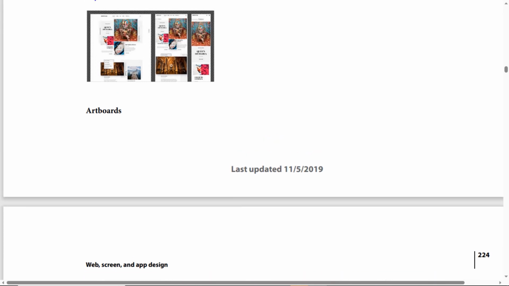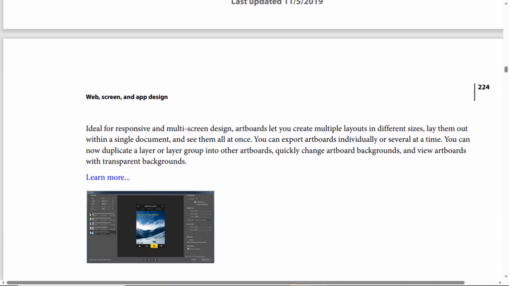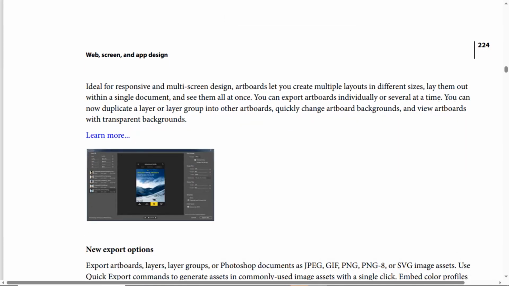So what about artboards? Artboards in web, screen and application design are ideal for responsive and multi-screen design. Artboards let you create multiple layouts in different sizes and lay them out within a single document and see them all at once. And you can export artboards individually, by the way, or several at a time. And you can now duplicate a layer or layer group into other artboards quickly, change artboard backgrounds, and view artboards with transparent backgrounds,